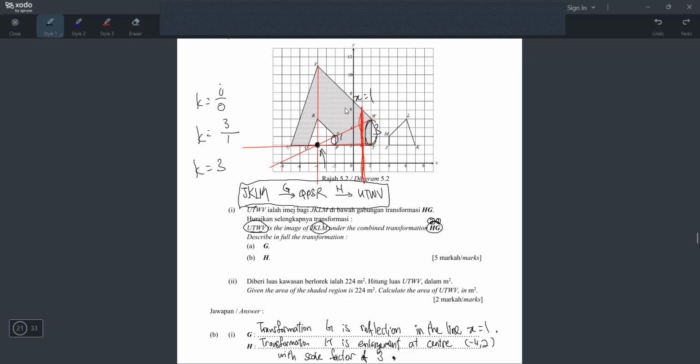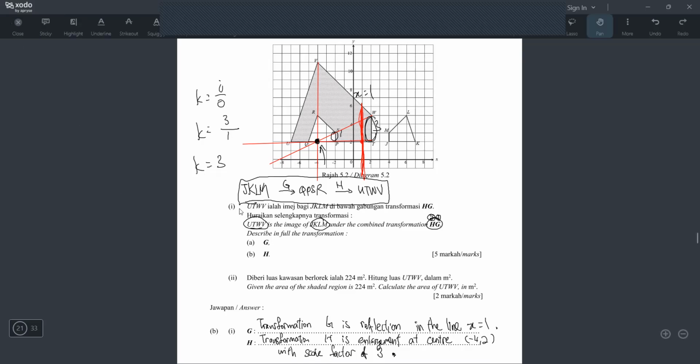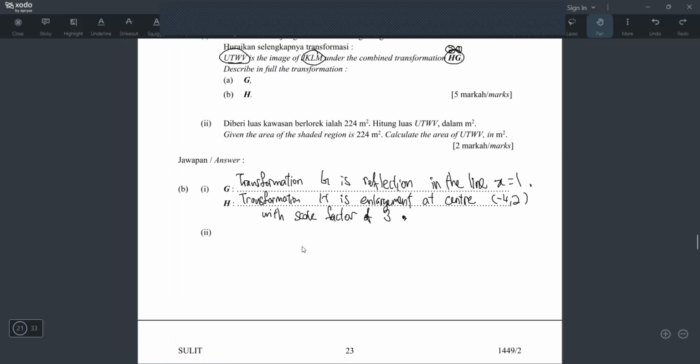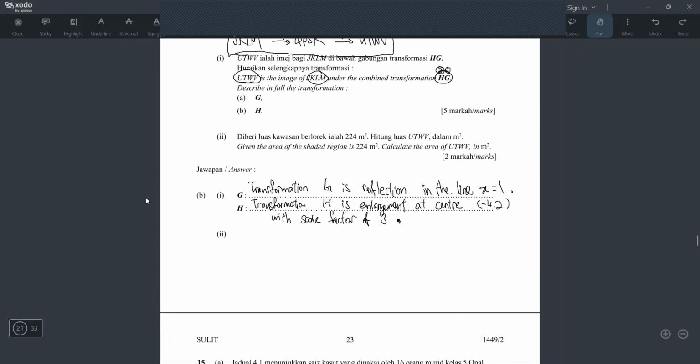Okay, dia tak semestinya yang besar image, dia boleh image yang kecil pun boleh. Okay, I remember got one state, I remember the Kelantan or the sekolah agama, the image is smaller one. Ada soalan macam ni. So that's why you have to always write down the arrow like this. Okay, alright, sudah siap? Now we can besarkan balik and we can do soalan next question, soalan number 2.